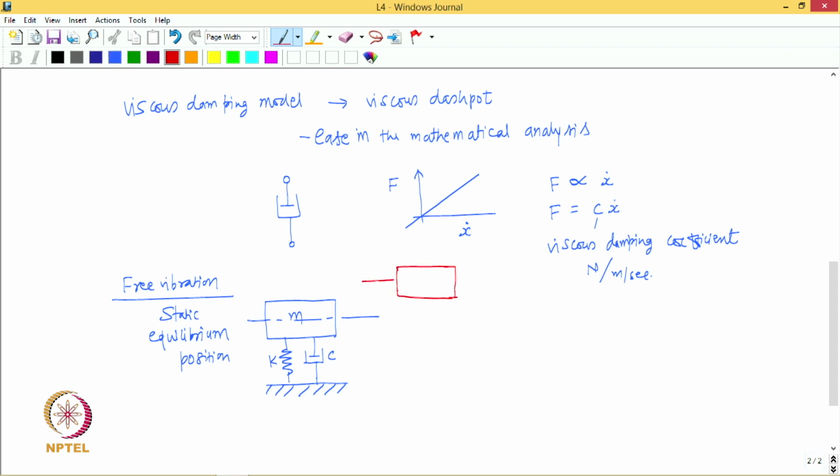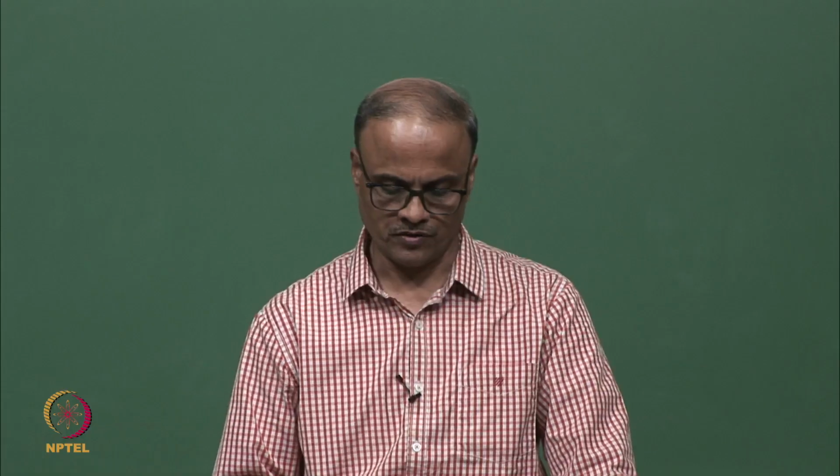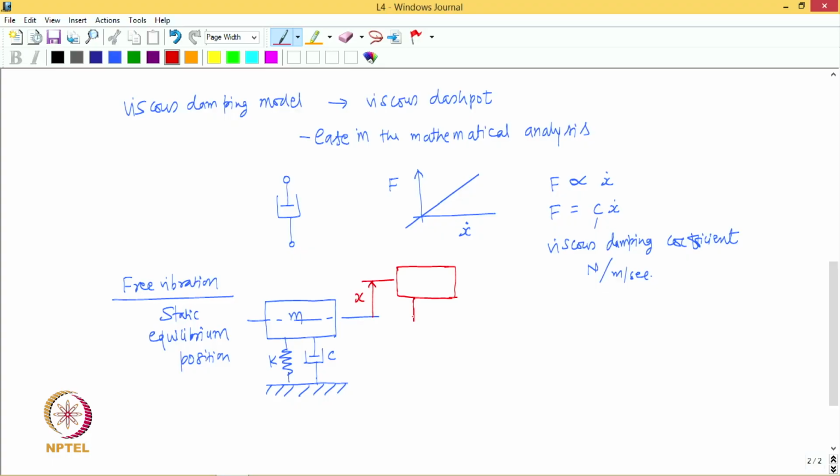Okay. So, that is nothing but the displacement of the system, and then we would like to draw the free body diagram in this condition of the mass, right. So, the Kx is going to be the force due to spring, and we will have Cx dot as the force due to damper, and this mass has an acceleration of x double dot at this position.